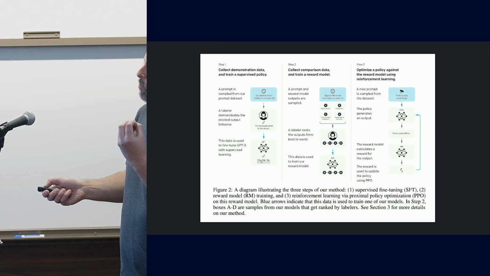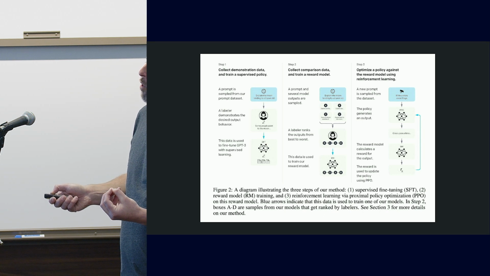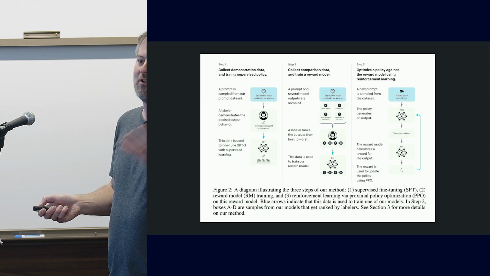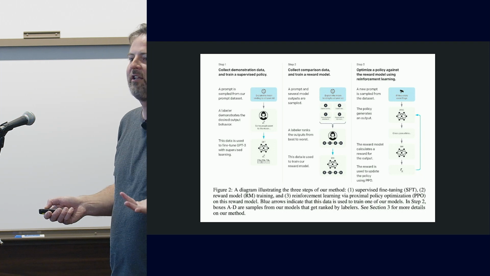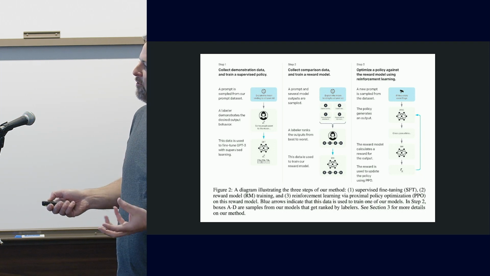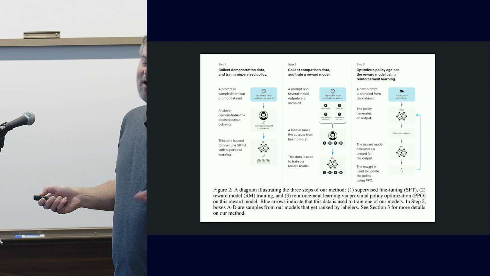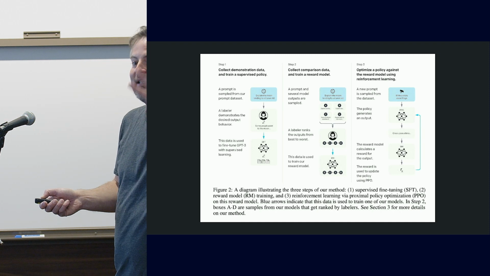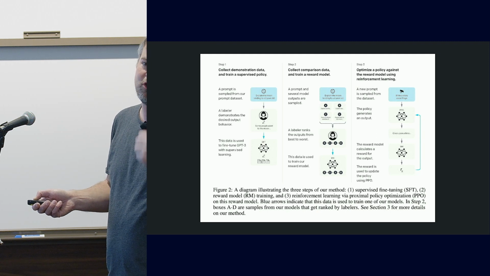And then rather than use these models directly to fine-tune the result, which you could do, in this particular case for OpenAI, what they do is they train a reward model. A reward model is a model that mimics the preferences of human beings. They try to train a model that says, okay, given these two reviews, which one do I think would be better? So it's essentially training the utility function of the labeler. The benefit is you go to a third step, and now you're trying to train that underlying model. And rather than have every single data point labeled by a human, you actually have the AI label it based on the reward model that you trained in the previous step.